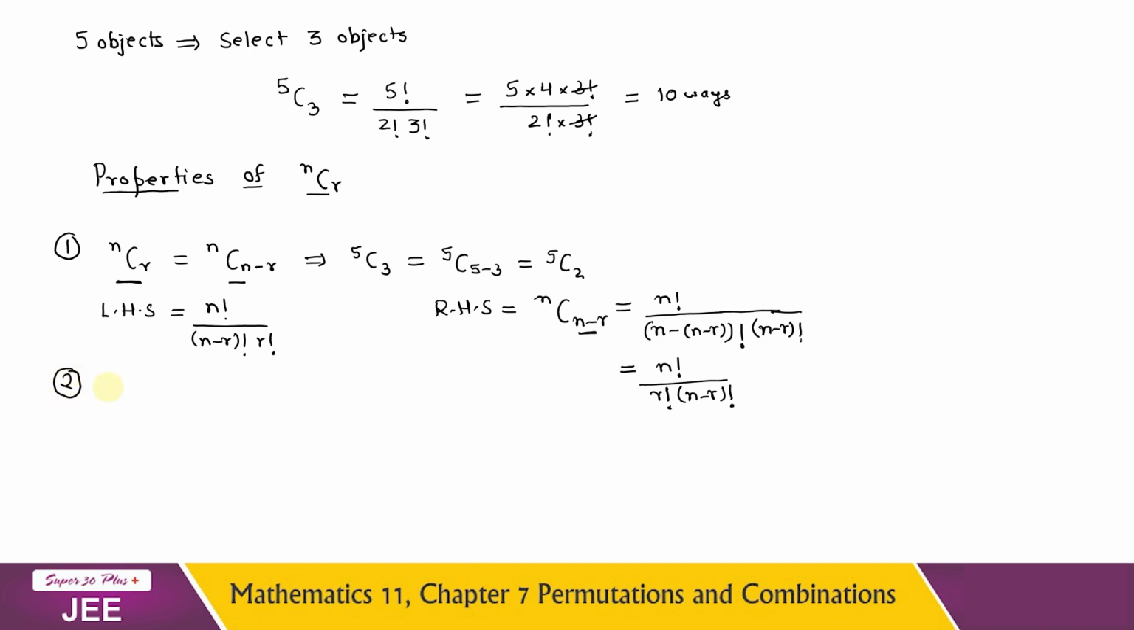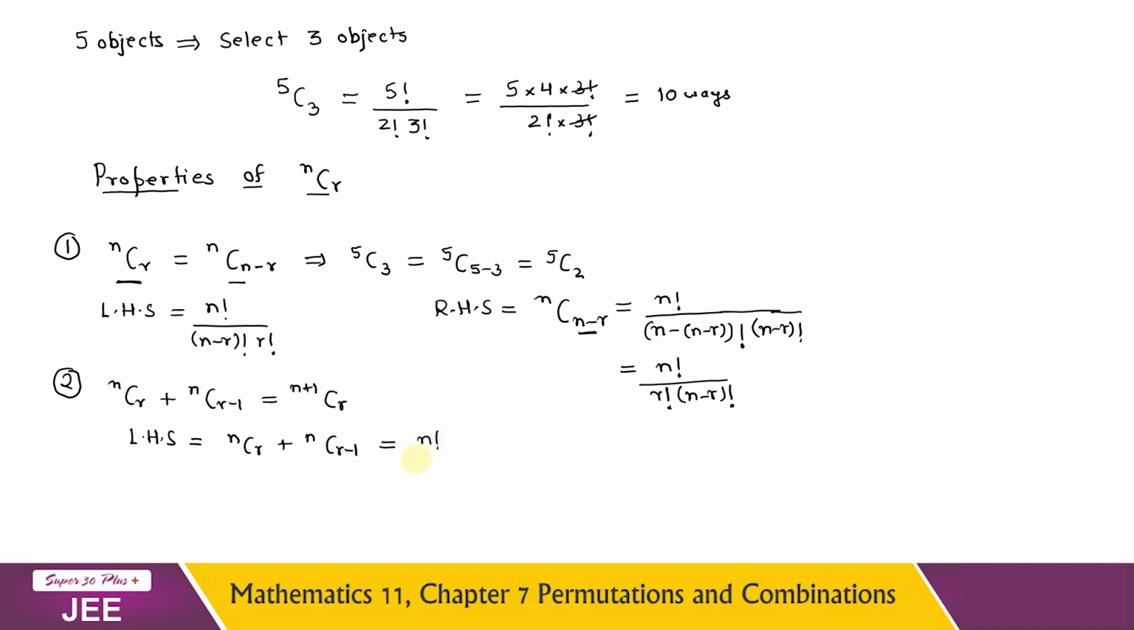Second property says that nCr plus nCr-1 is equal to n+1Cr. Now, how are we going to prove it? We are again going to prove it with the help of the formula of nCr. Alright, so in LHS we have been given nCr plus nCr-1, which according to the formula can be